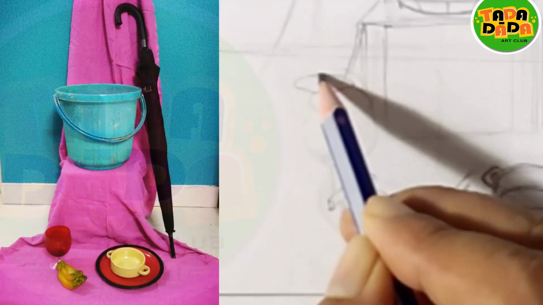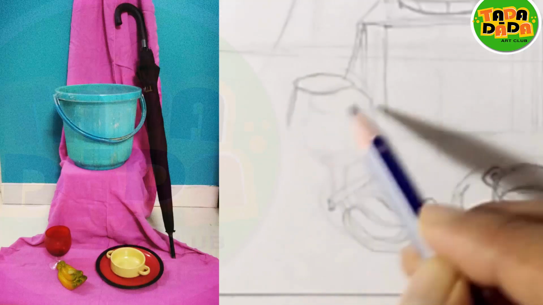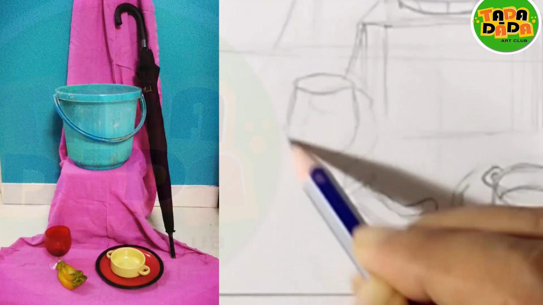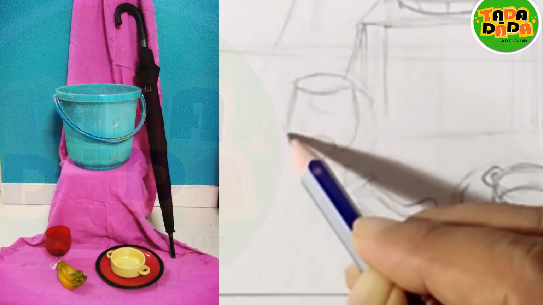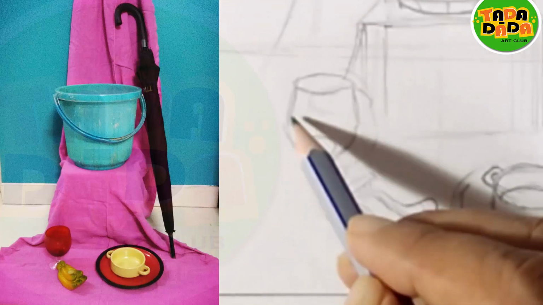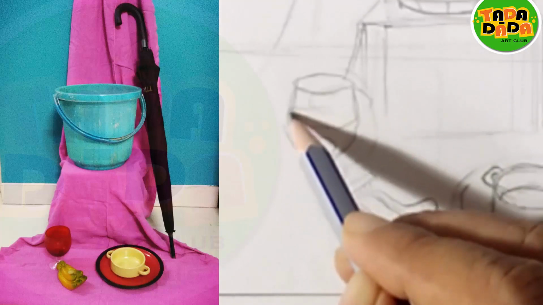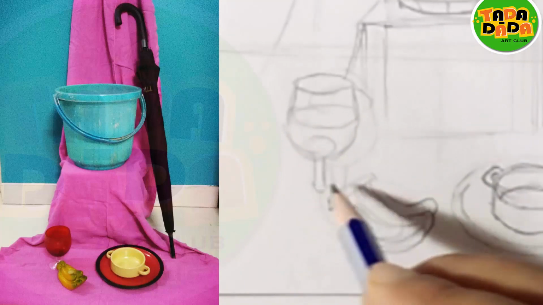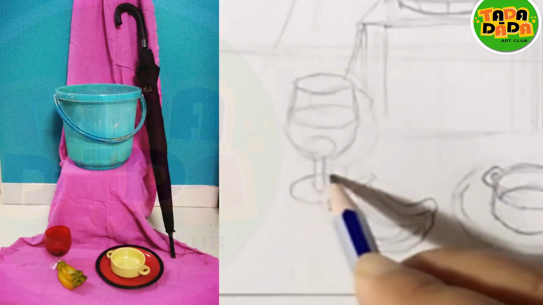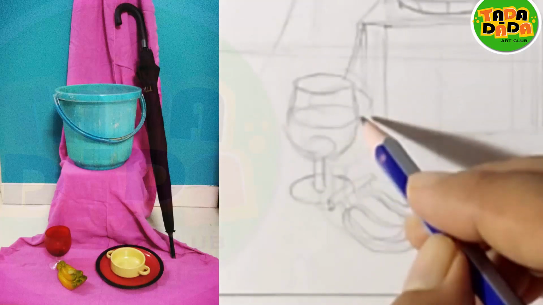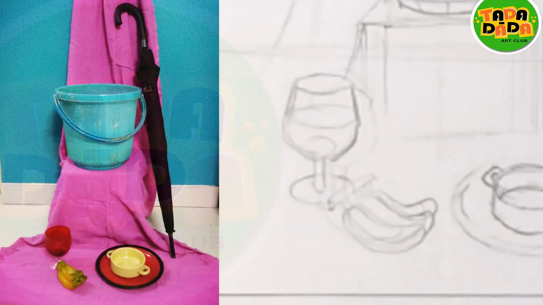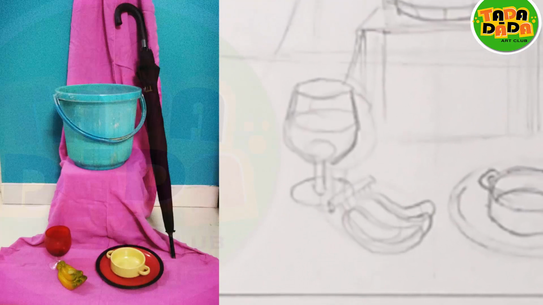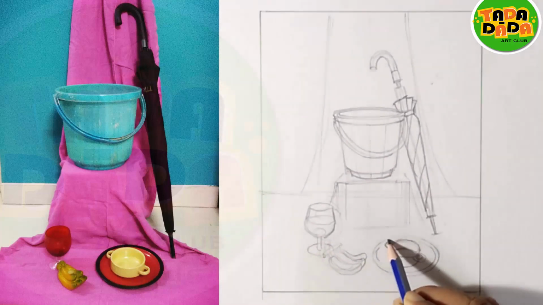So I can make this glass over here. So that is looking better, much better.